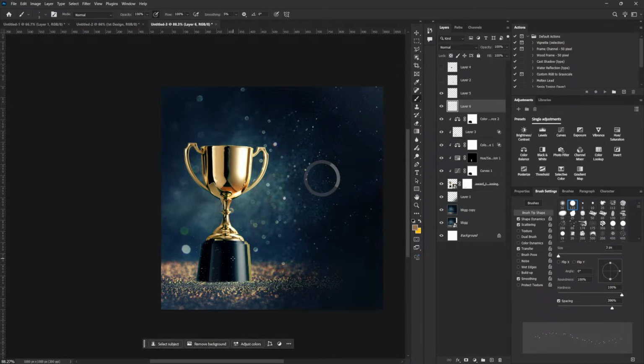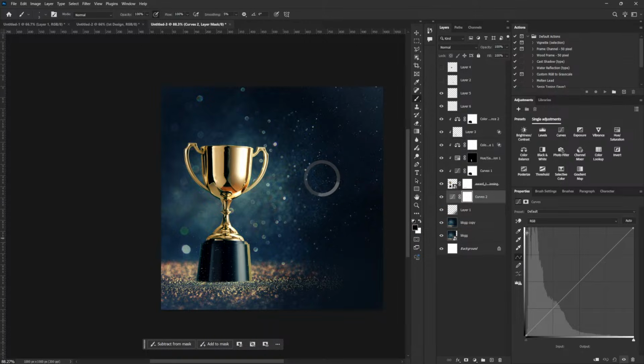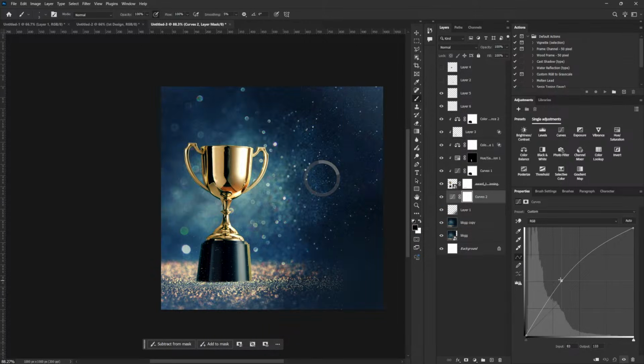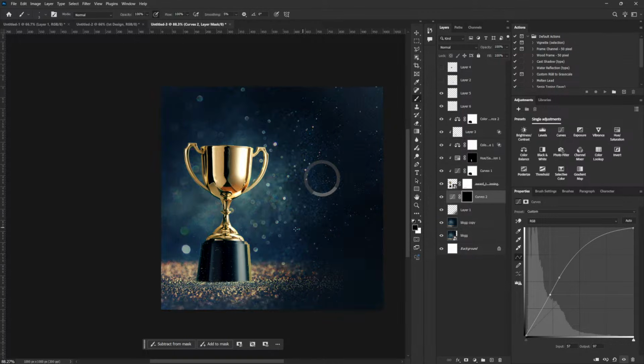Now if I zoom out, look at how successful, and should I use the word blended, our image is here. And look at how beautiful this is. And if you really want to make the contrast stronger, there's another thing you can do to your background here. I'm going to activate curves here and increase my curve like that, and hit Control I to invert the